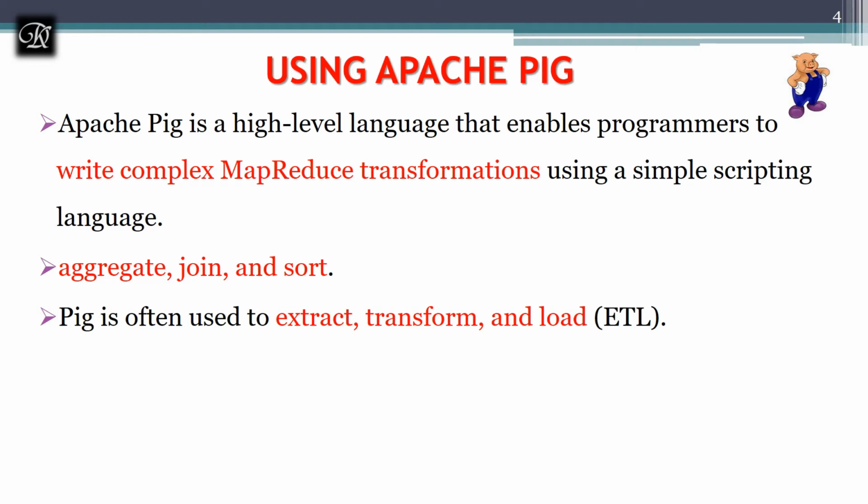There was a necessity to develop an easier way to analyze large data sets without using time-consuming complex Java code. You have seen the Java code, even for the simple MapReduce program in the demonstration I did, it has many complex terms. For that, you should have sound knowledge of basic Java. So Apache Pig was developed by Yahoo researchers, with a vision to analyze and process large data sets without using complex Java code.